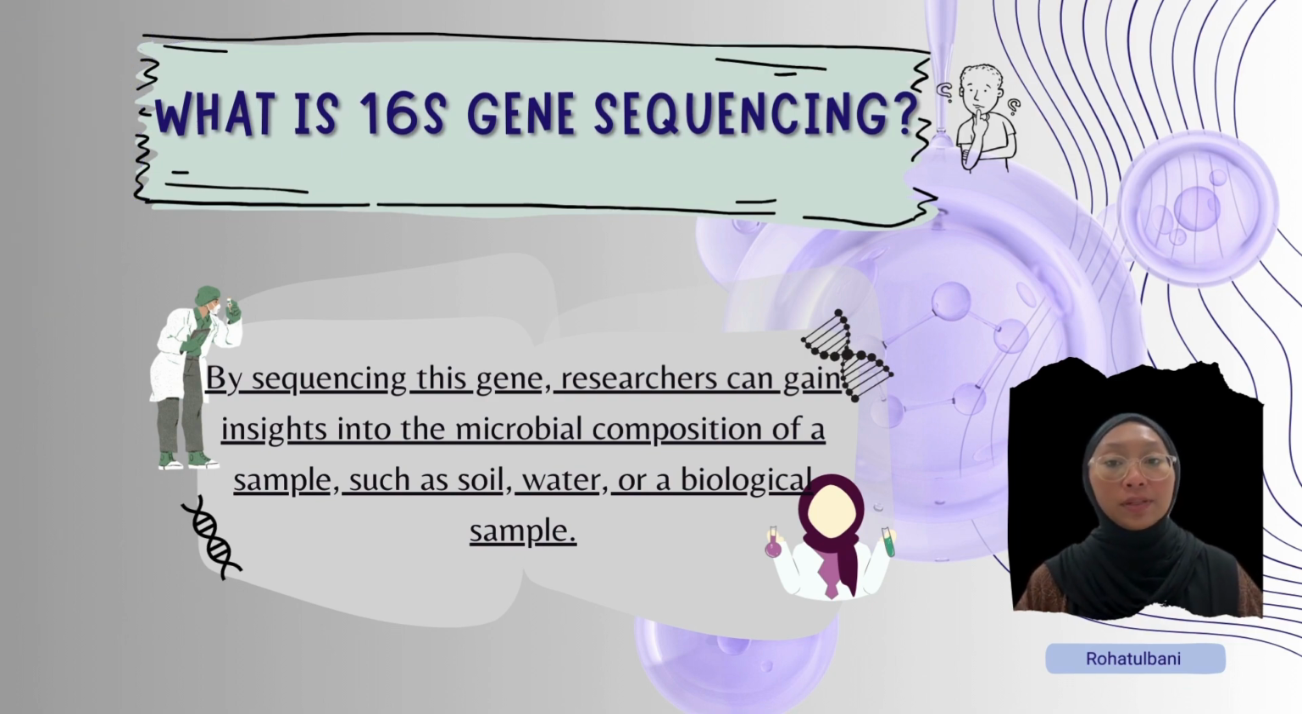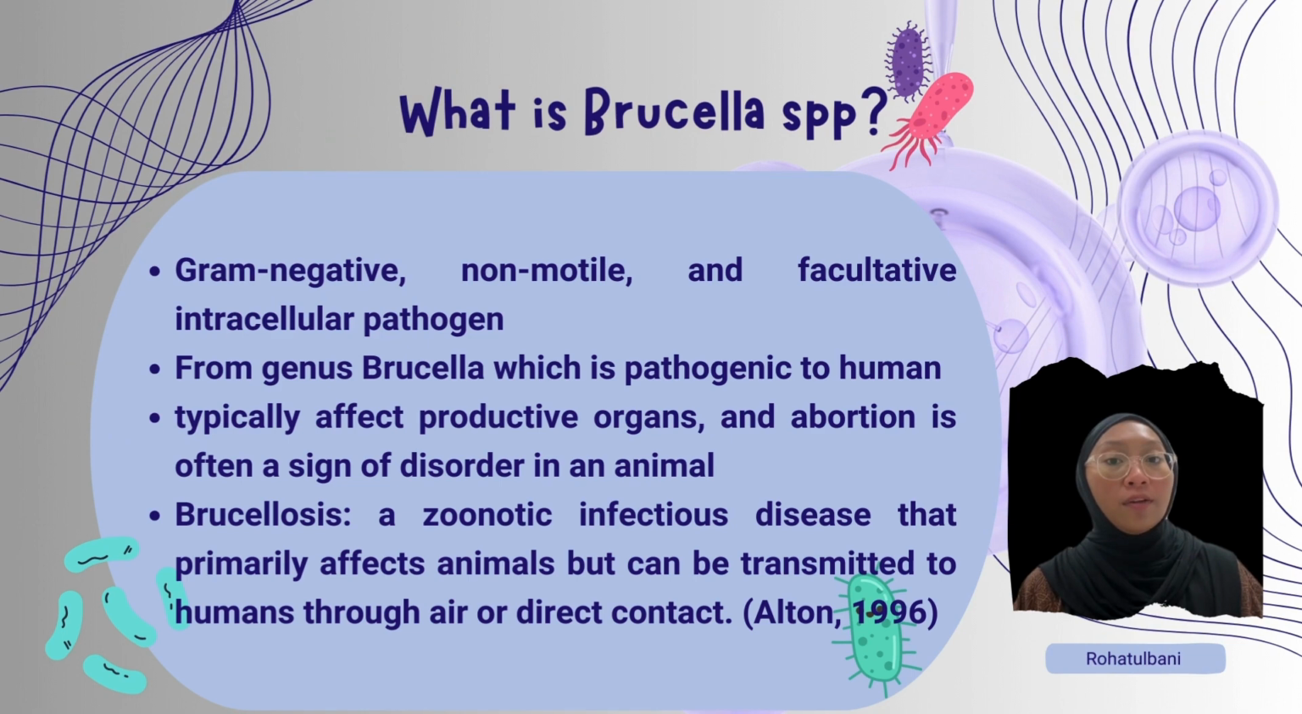a biological sample. Next, move to the type of bacteria that were used in this research, which is Brucella species. What is Brucella species? Brucella species are gram-negative, non-motile, facultative intracellular pathogens. This species is from the genus Brucella, which is pathogenic to humans. Brucella typically affects the reproductive organs, and abortion is often the only sign of disorder in animals. It is also known for causing brucellosis, a zoonotic infectious disease that primarily affects animals but can also transmit to